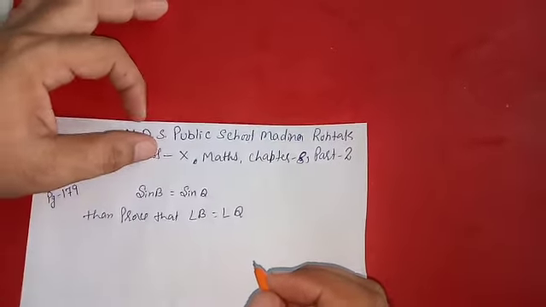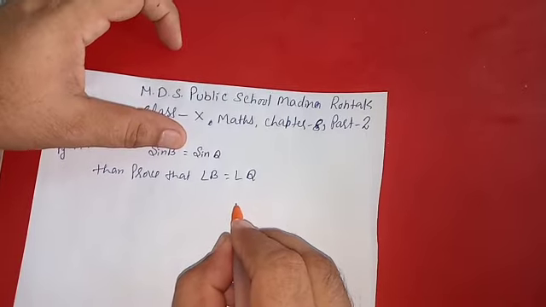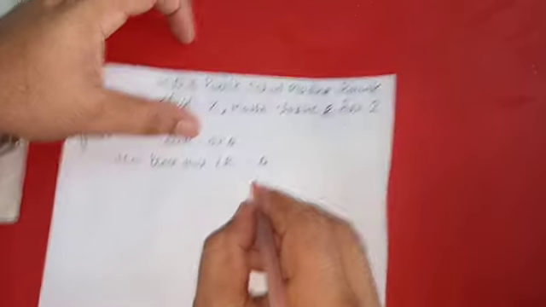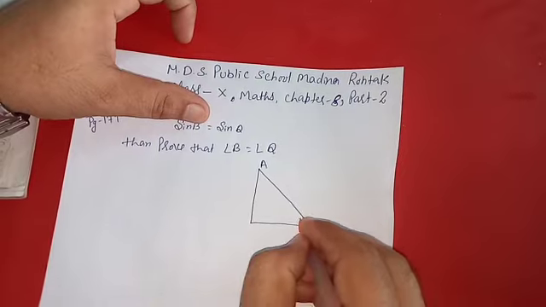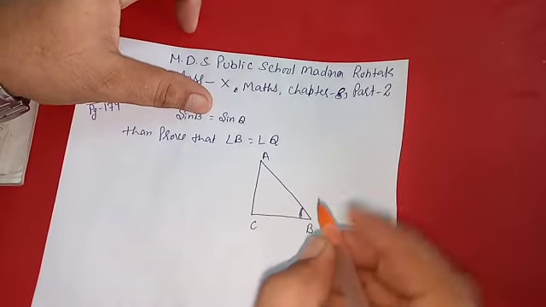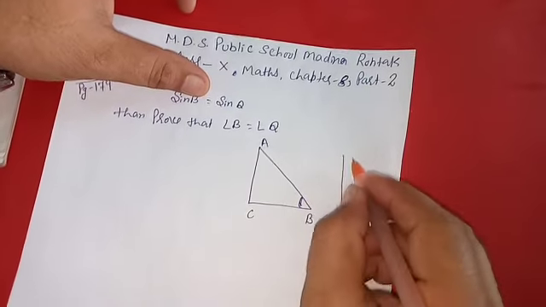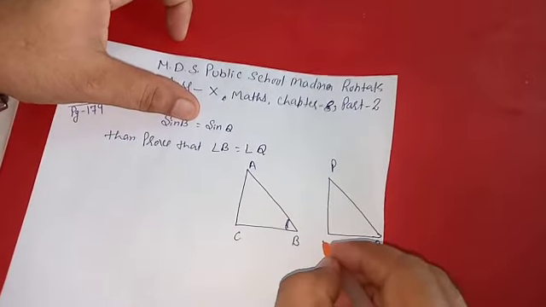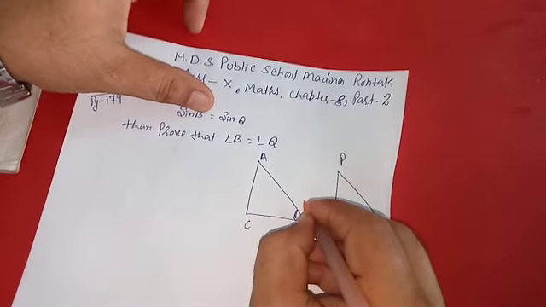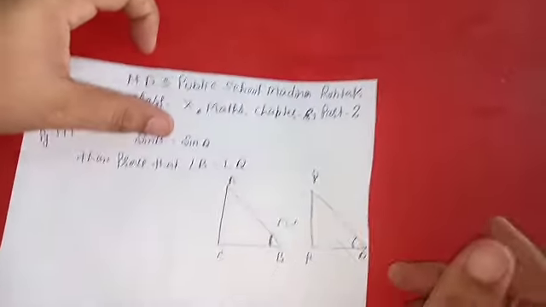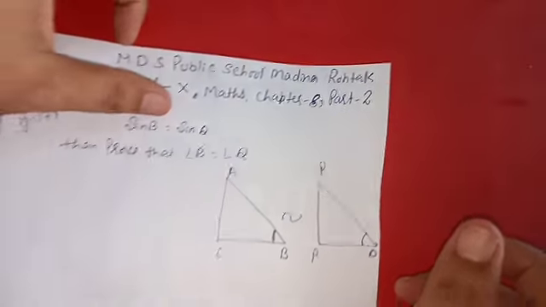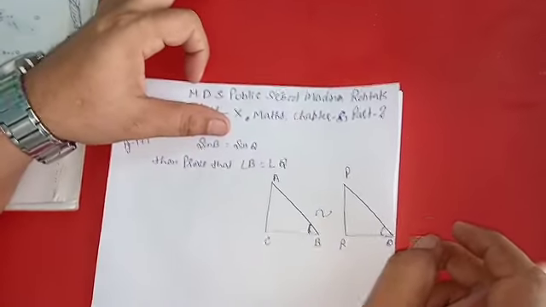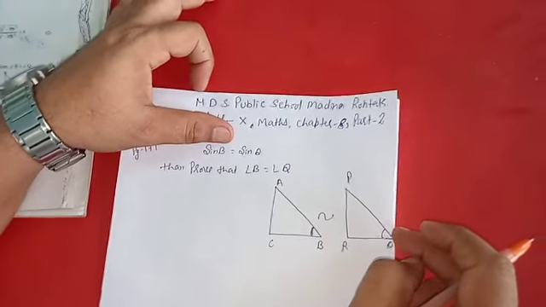we have to take two triangles, one triangle having the name A, B, C, and the other triangle P, Q, R. We can prove these both triangles are similar, and then we can say, if triangles are similar, you know from chapter number 6, the 6 elements of one triangle are equal to the 6 elements of the other triangle.